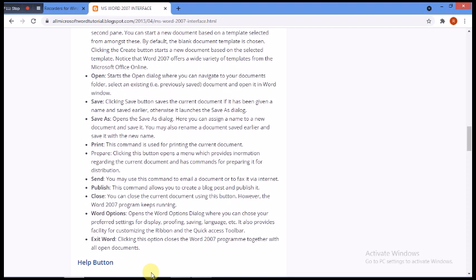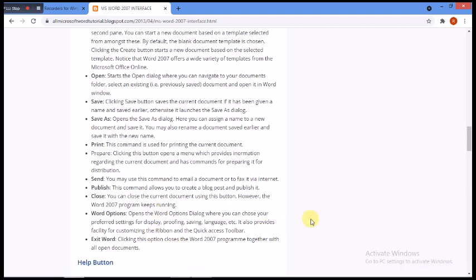Let's see what is in the word options. It opens a dialog box where you can choose your preferred settings for display, proofing, saving, language, and it also provides a facility for customizing the ribbon and the quick access toolbar. So we can use this menu for different options.